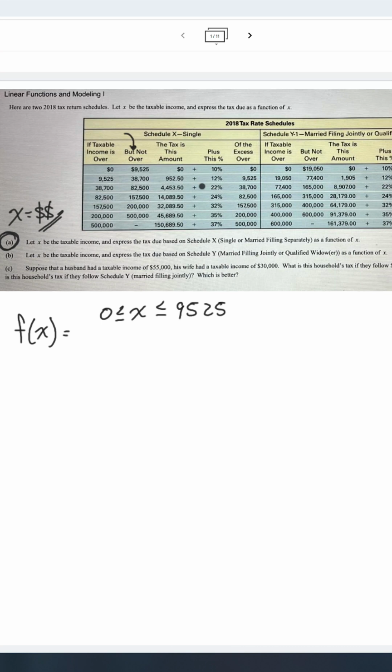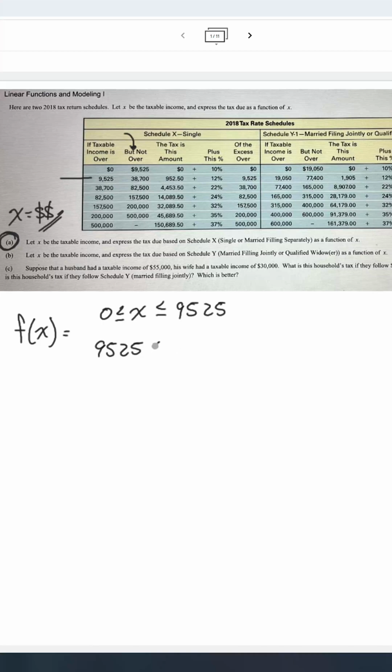But if you are earning, let's say, I don't know, maybe your income was 9,525.01. All right, so this is over this amount, so you're going to have to go to the next place, right? All right, so all of our intervals in the piecewise function are going to be these amounts, right? So this is going to be your inferior limit, and this is going to be your superior limit. So the next piece of the function is going to go from